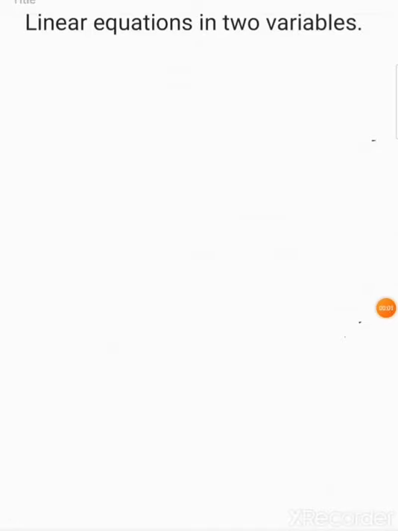In this video, we are going to learn about linear equations in two variables. What are linear equations? Linear equations are the equations in which the highest power of the variable is 1. For example,